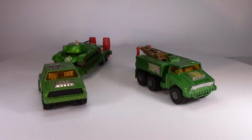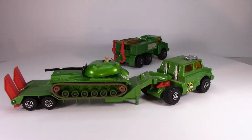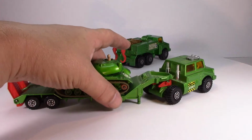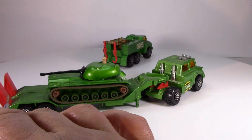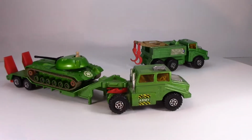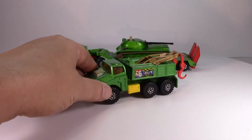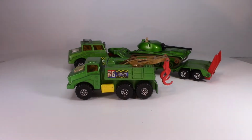Now, as you can see, it consists of the transporter, which is quite a nice vehicle, fairly decent length, and it carries a tank actually quite well. And with these ones here, you could put the ramps down quite nicely, so you could drive your tank on along with a neat version of the recovery vehicle. Now, I have the standard version of the recovery vehicle,